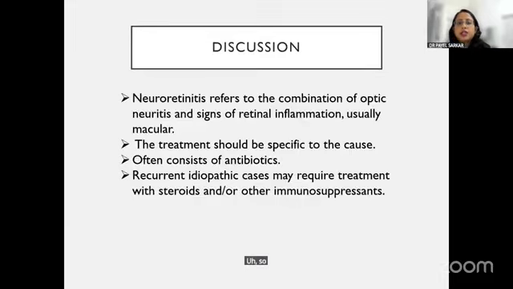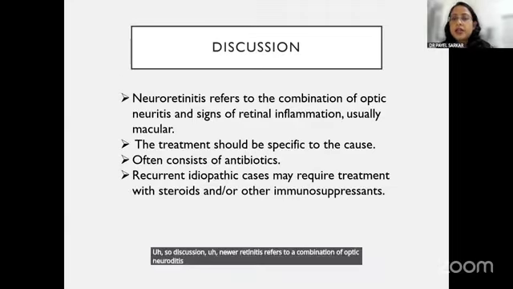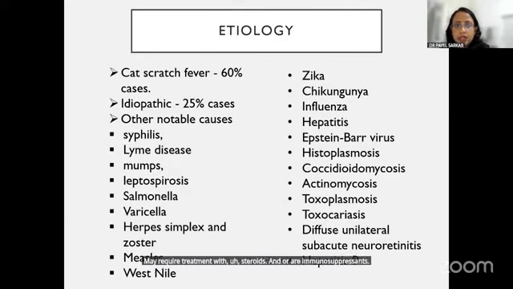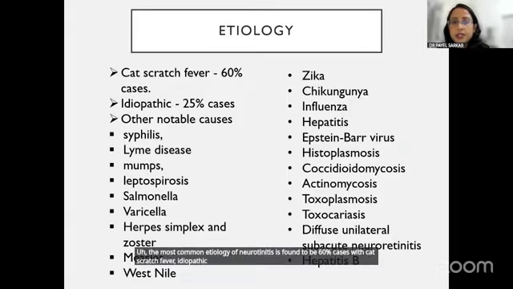So discussion, neuroretinitis refers to a combination of optic neuritis with signs of retinal inflammation, usually macular. The treatment should be specific to the cause, often consisting of antibiotics, and often the recurrent idiopathic cases may require treatment with steroids and or immunosuppressants. The most common etiology of neuroretinitis is found to be cat scratch fever in 60% of cases, idiopathic in 25% of cases, and